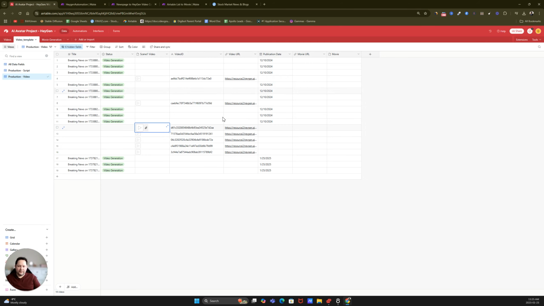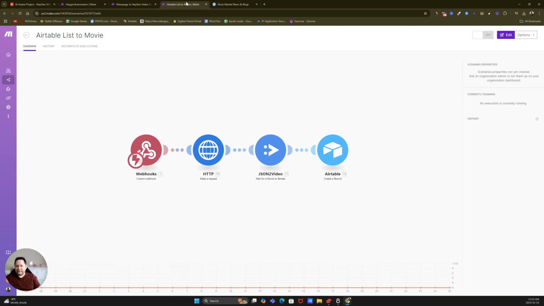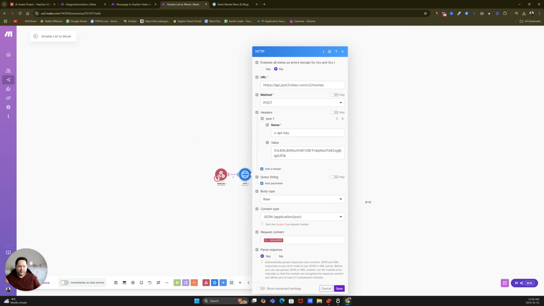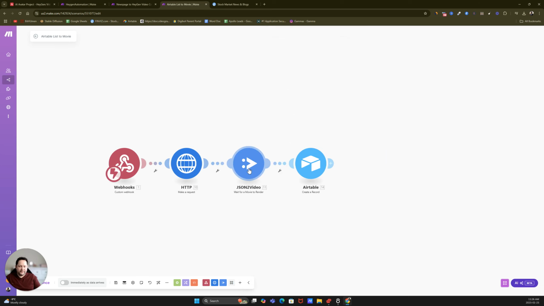You can have a little action button here. It would be like a library, and you can switch in and out different segments of this content, or later pull them into a new content if you want to repurpose it. So this is the idea. This is why these are split up into different scenarios. So here, once you trigger the webhook, it creates an API call to Heygen, and then it goes to the JSON video, which combines the list of videos and then creates a record again